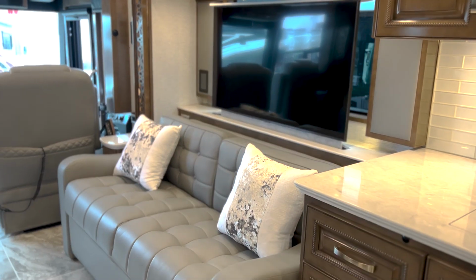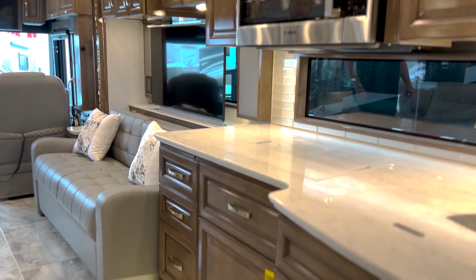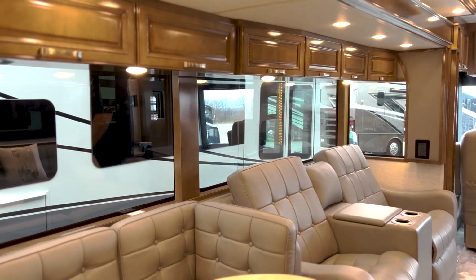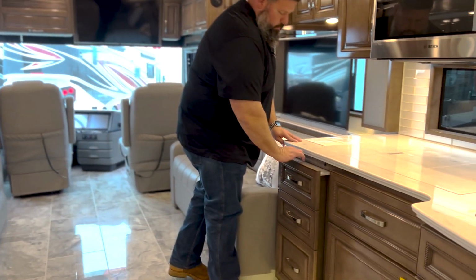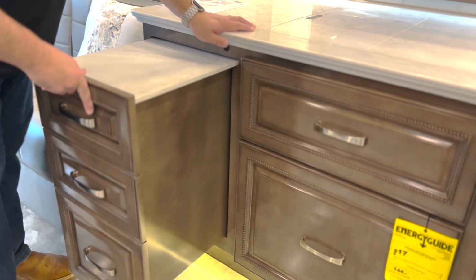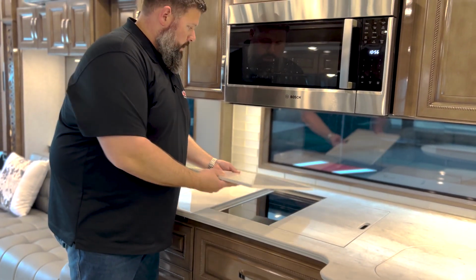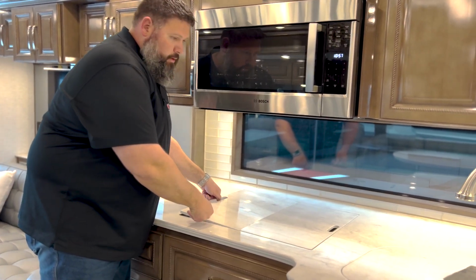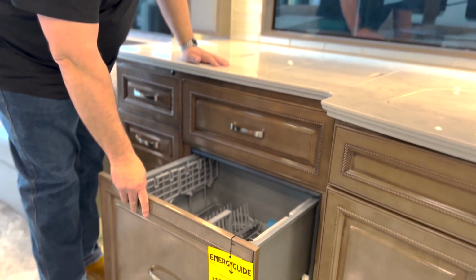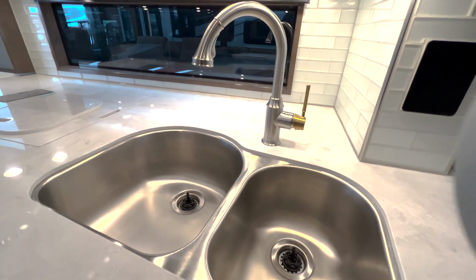Now this coach that we're looking at has the Algonquin decor with Westminster graphics, and then the Sedona glazed maple cabinetry, ultra high gloss. We've got our pull-out countertop with our induction cooktop. Nice Bosch induction cooktop, Bosch appliances throughout this coach. Your Fisher Paykel dishwasher, double sink,